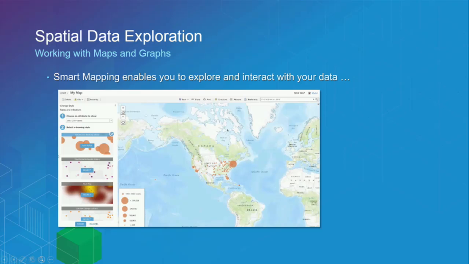The first of these is spatial data exploration, and that's really interacting with and exploring your data. And as you know, there's not much you can do by opening up a spreadsheet or a table. That's not very useful. But the way people work with information is through maps and graphs and charts and tables. If you begin to think about how we all work with maps, part of the interesting thing is they really enable you to explore your data. And I think one of the new capabilities that we have in this is